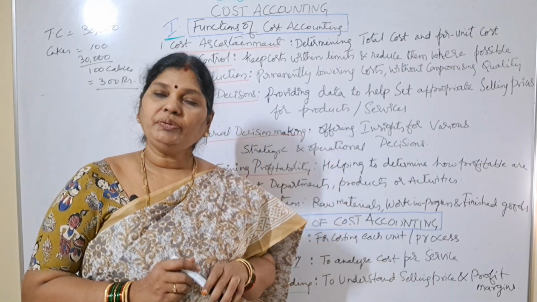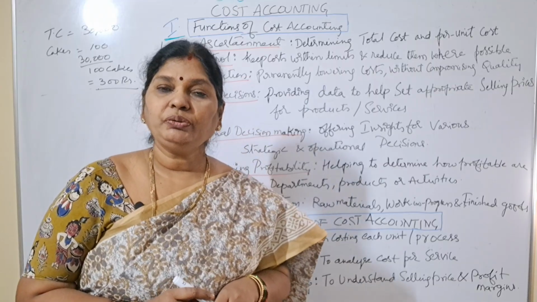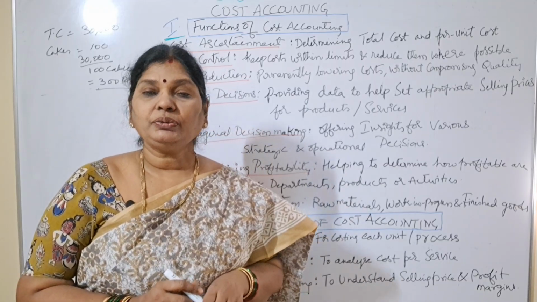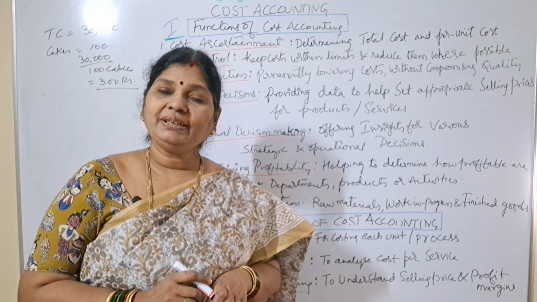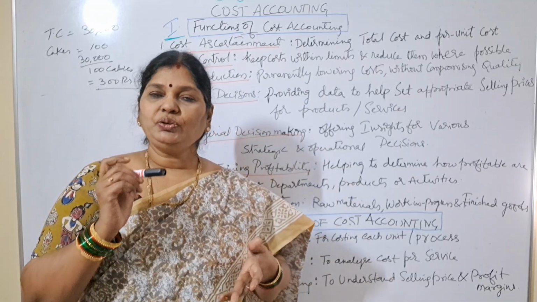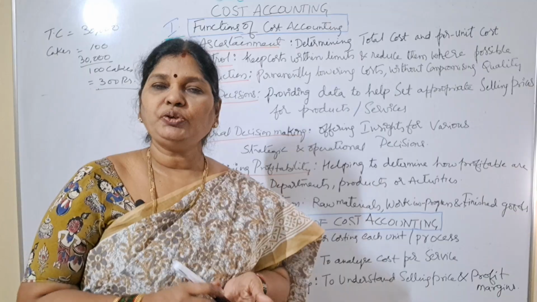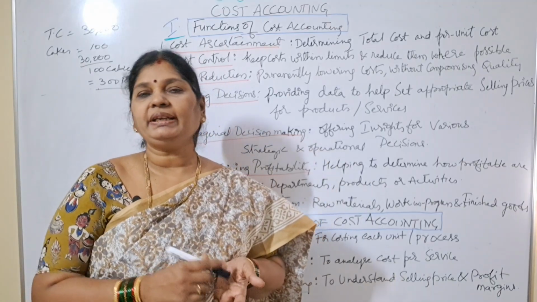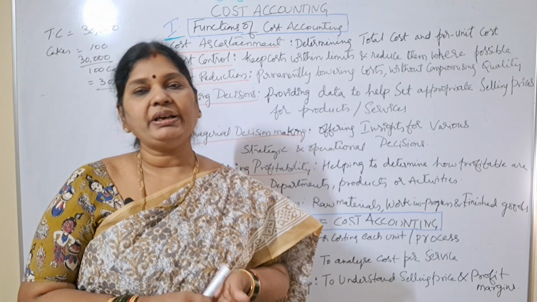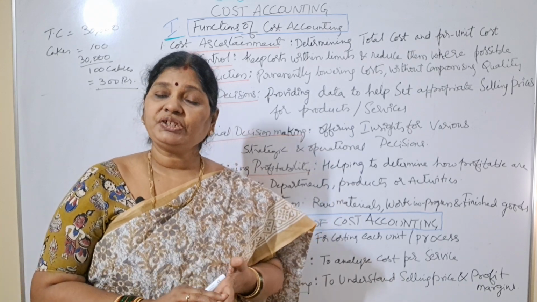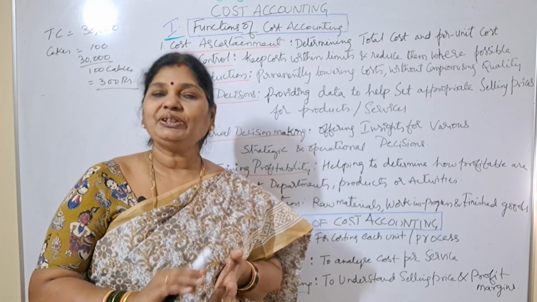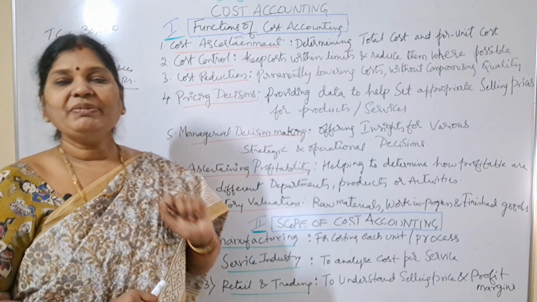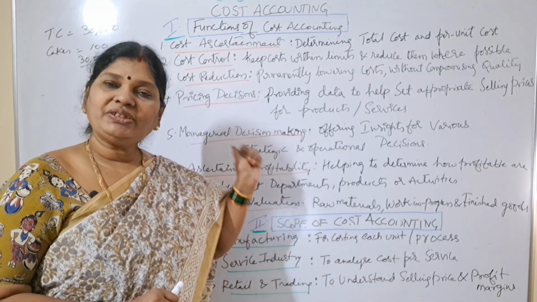And so how will you control? You will see that you will not exceed that rupees 5,000 every month, right? So that is called what? Cost control. So whether you purchase any snacks or stationery or whether you go for a movie, whatever expenses you are incurring, all those expenses should not cross how much? 5,000 per month. So that is called what? Cost control.